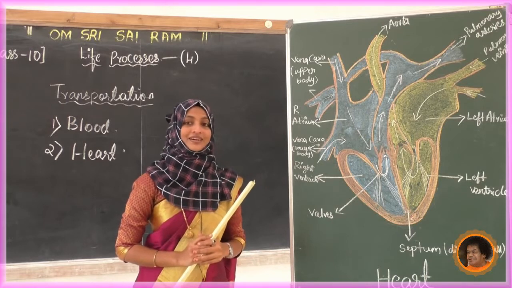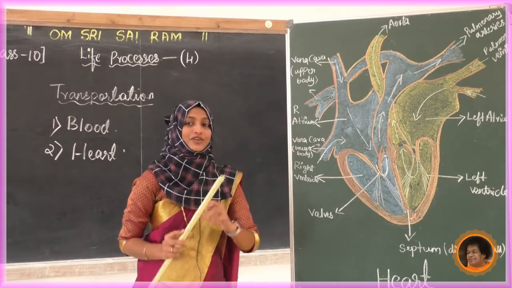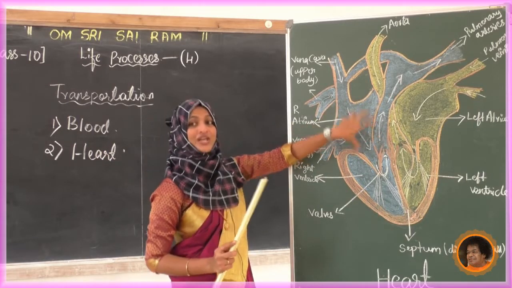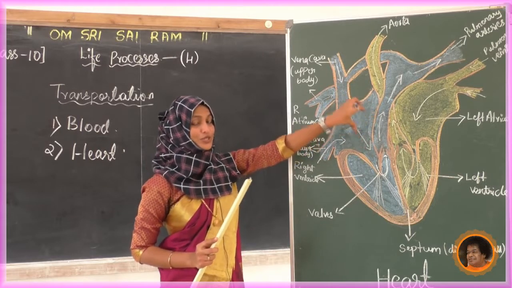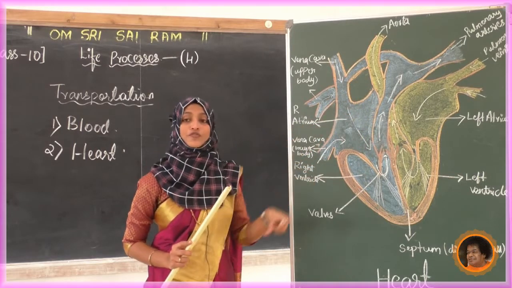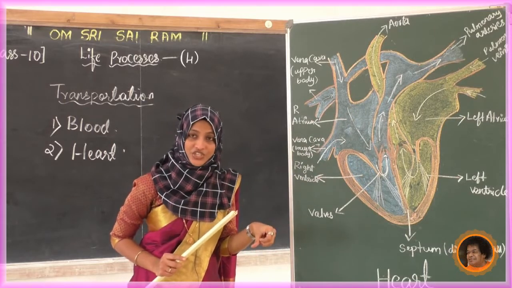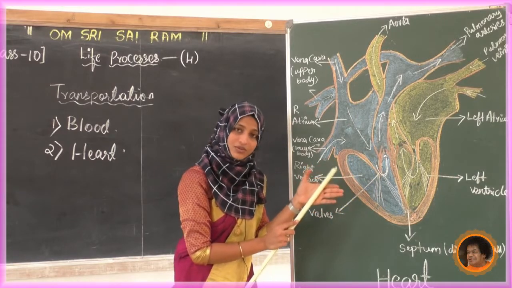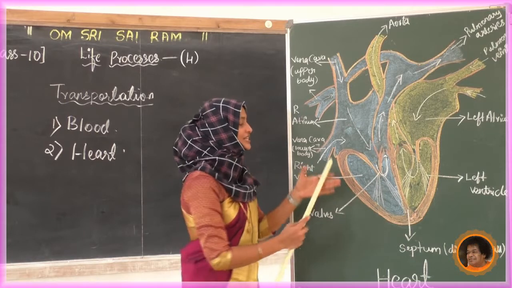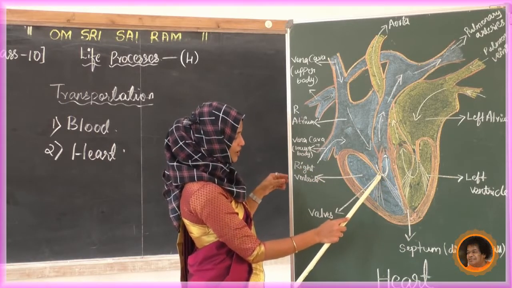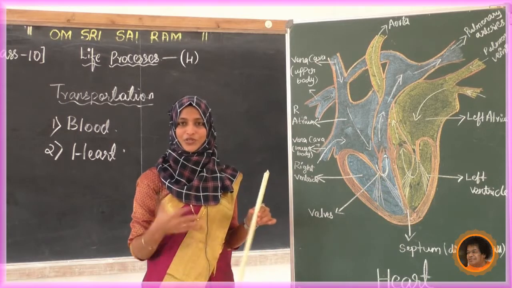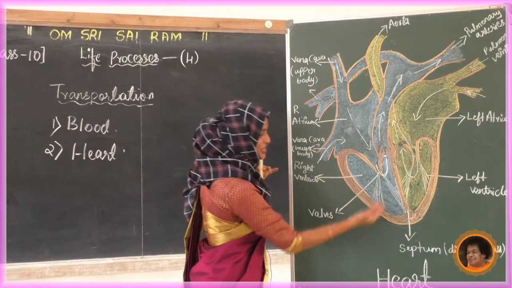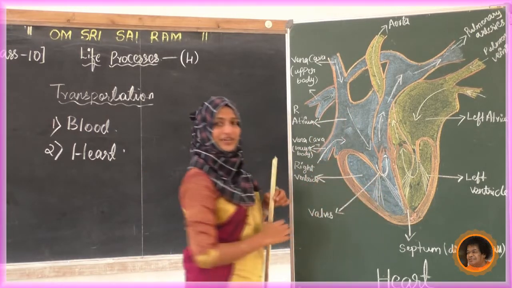What will happen to the size? Does the size increase or decrease? Yes, the size will increase at that time, just imagine a balloon increasing its size. So there will be a creation of pressure. Because of that pressure, these valves, which are like a door that is always closed, are going to open. The small valves, see, this is like a door. Because of that pressure, it opens. Now where does the blood go? The blood rushes out and comes down to the right ventricle.